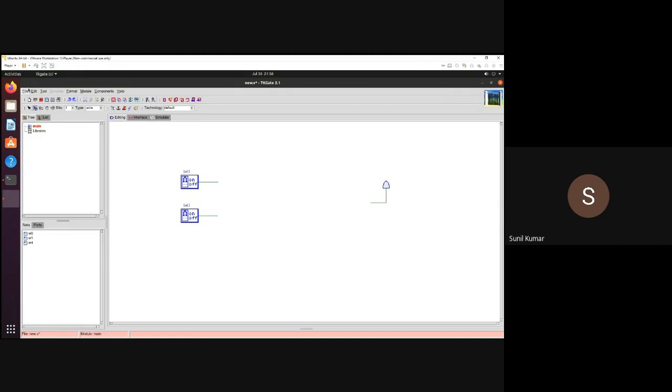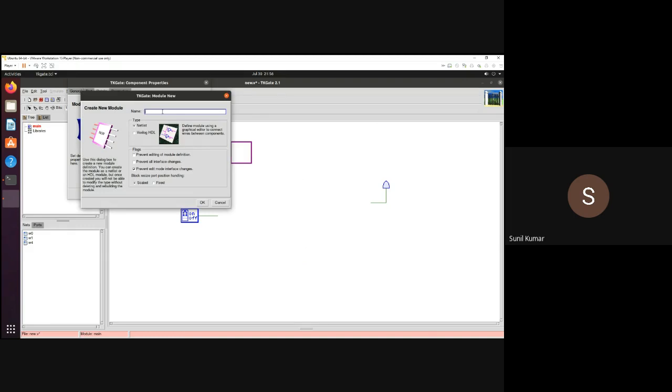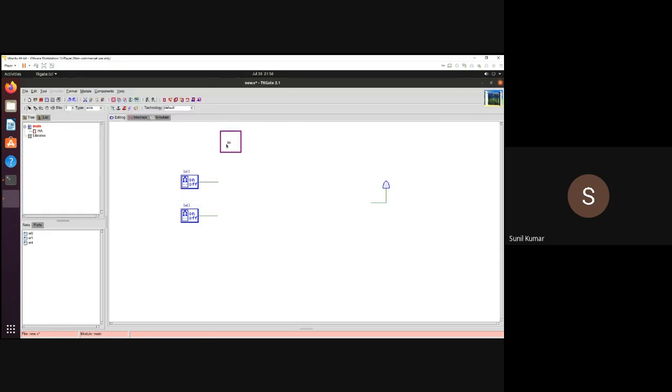Let's say we want to use modules. Just a minute. Connect. How can we design a module instance? We have to put the name, let's say half adder. So inside this module you can design your own circuits. So how can we design? Open it. Now you can design